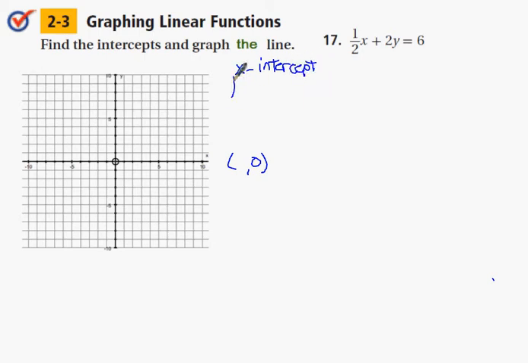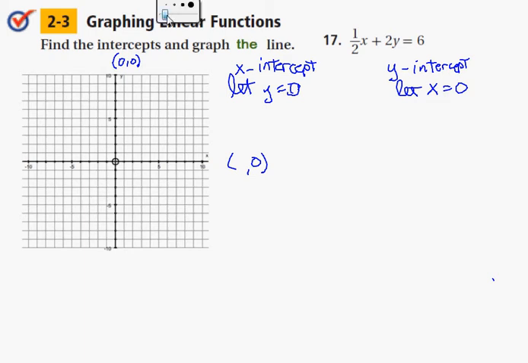we say let y equal 0. Likewise, if we're looking for a point along the y-axis, any point that I pick along here, the x part of that coordinate will be 0. So when I'm looking for the y-intercept, I let x equal 0. Okay? So keeping those things in mind,